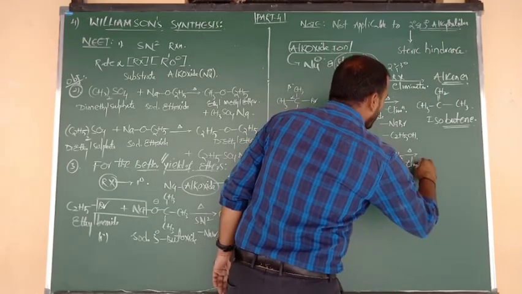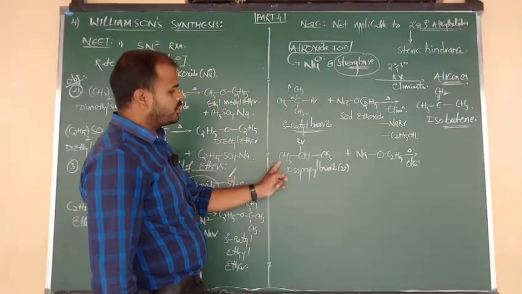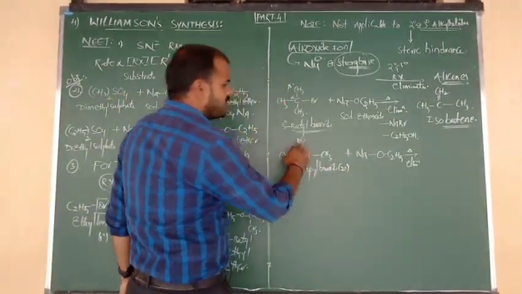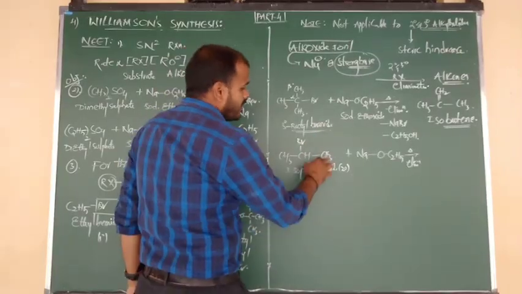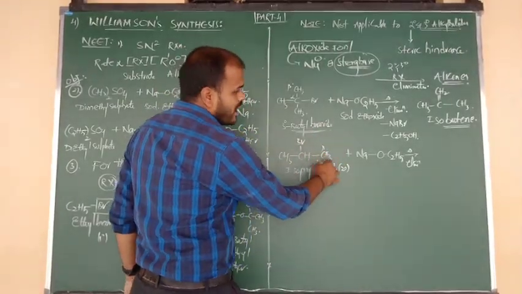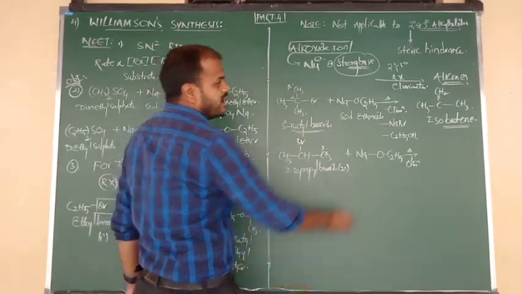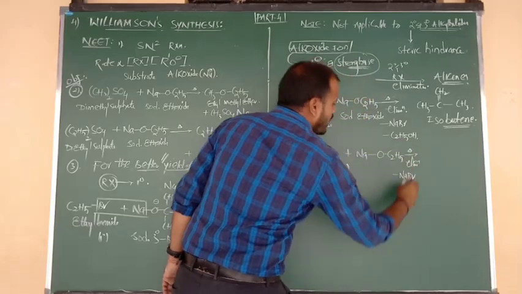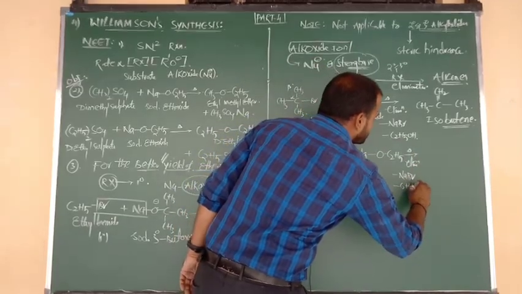Same thing, it will undergo what? Elimination, due to the presence of two bulky alkyl groups. Na combines with Br and is removed in the form of NaBr. From the beta carbon, we are removing hydrogen. Hydrogen combines with ethoxide and is removed in two forms: one is NaBr, same as above, and one more is nothing but C2H5OH.